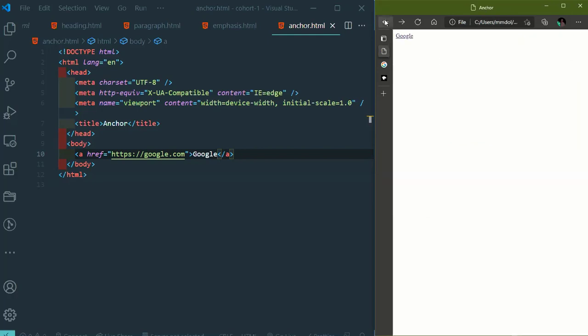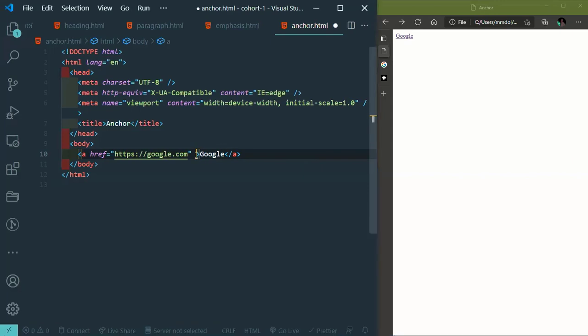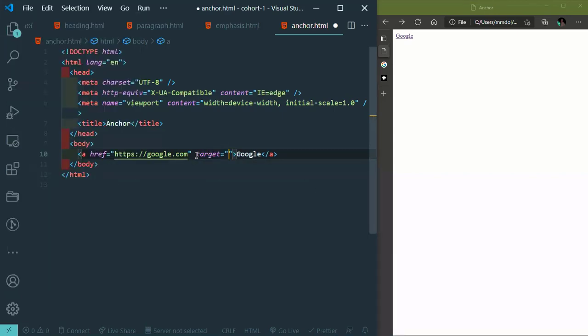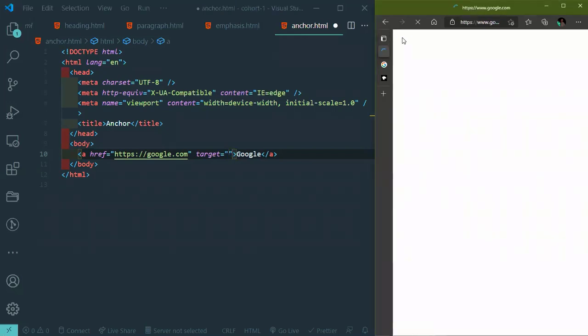There are several attributes that go along with this anchor tag. We have not looked at attributes, but we're going to be using them for a while before I explain what an attribute is. So the attributes give more power to an element. The attribute we're going to use now is the target attribute. If you notice, when we click on this, the Google page opens up inside the same tab,